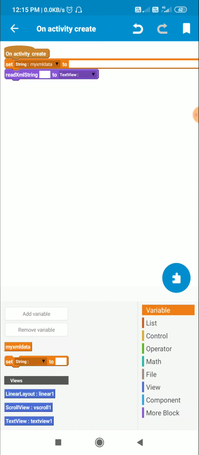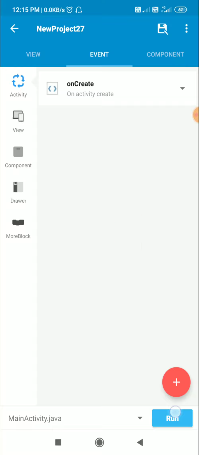Read string my XML data to text view 1. Now let's check this.